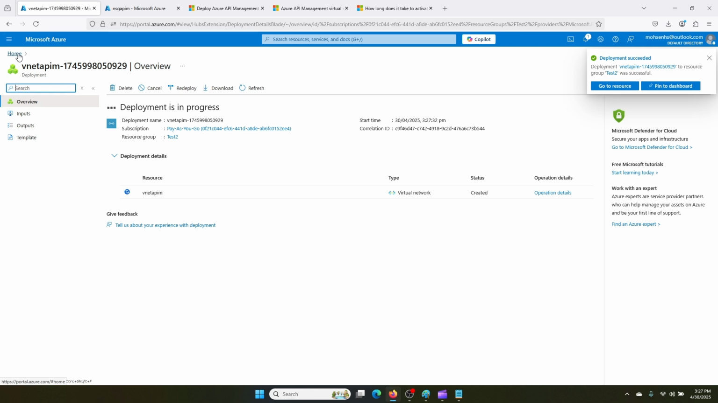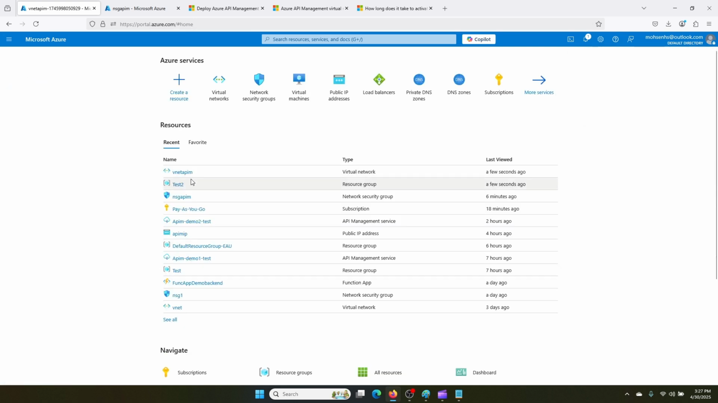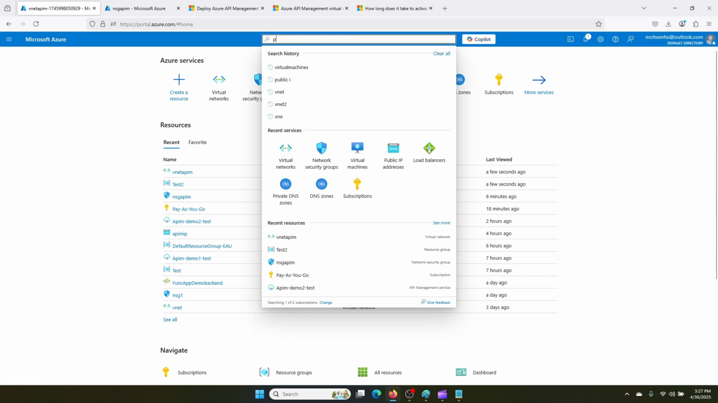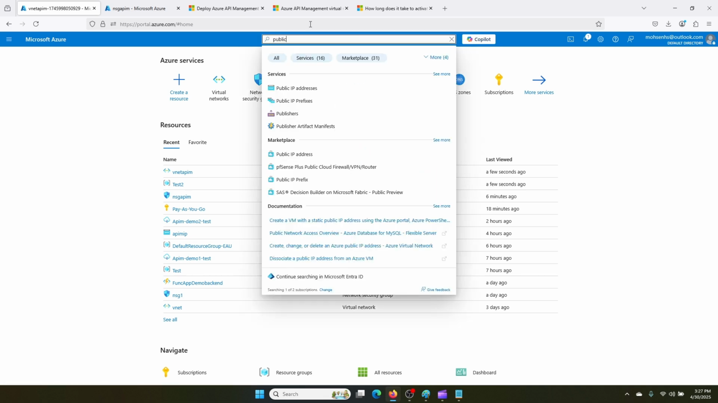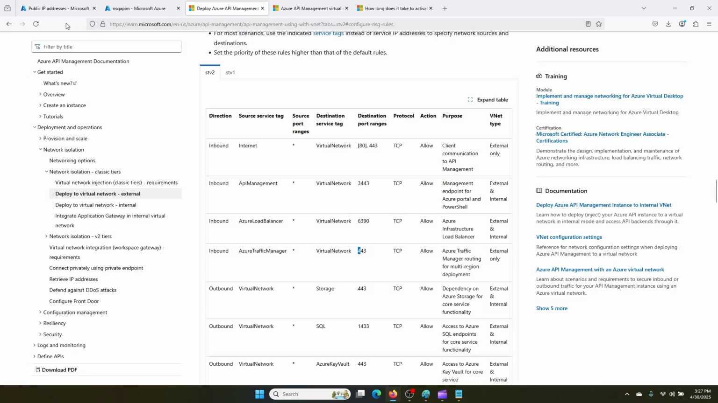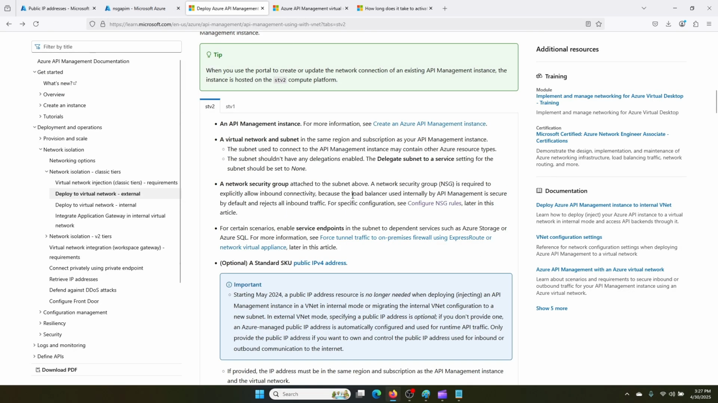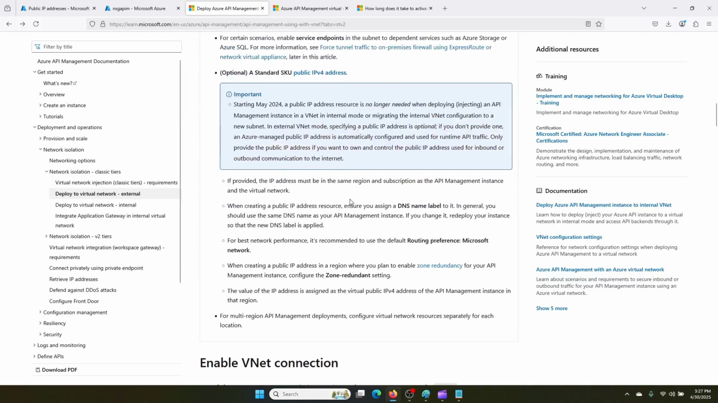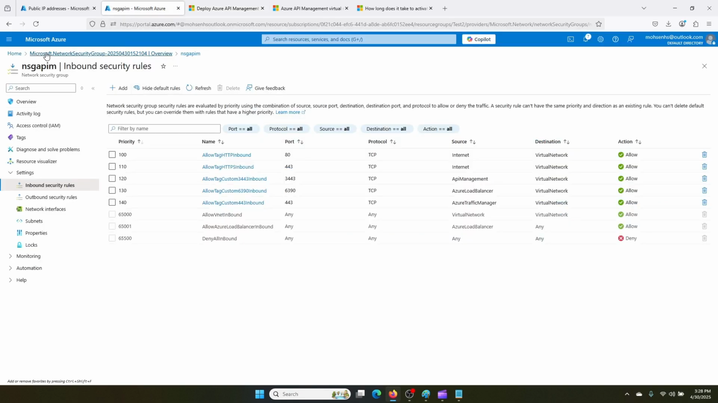Good, it was quick. So we need another one, which is public IP addresses. It is not essential, but I would prefer to have it. Yes, there is another thing, that we need best performance. There are some recommendations here, we can apply those ones. But for the DNS name label, in general, you should use the same DNS name as your API management instance. So we need to go to our APIM,